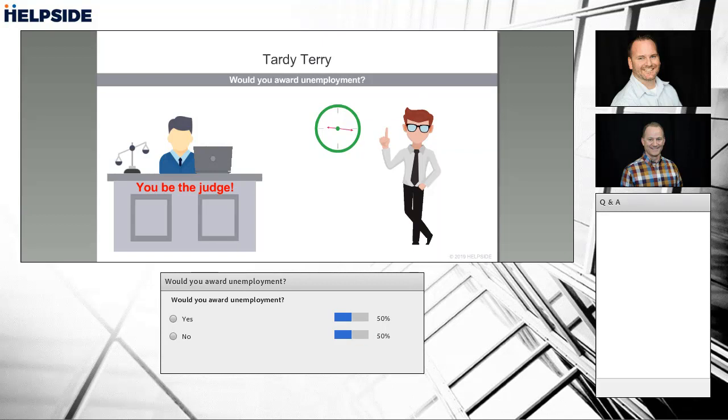Is Terry going to get unemployment? Is he not going to get unemployment? What do you think? 50-50. I think they're onto us a little bit here, Joe. Well, it's a little tougher. 60, this one is tough. I think they're punchy because it looks pretty obvious because Terry's just not showing up. He's not doing the job. He's violating the on-time policy. But some are suspicious, saying, these guys got some ace up their sleeve or something. And it's back to 50-50. So it started to split for a second there.